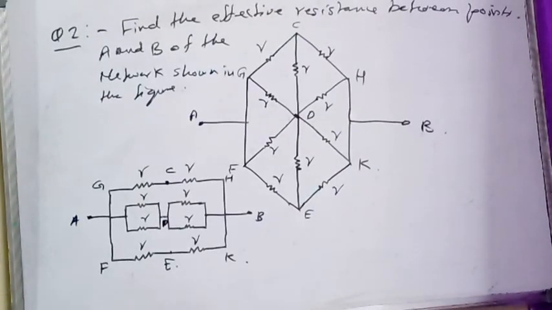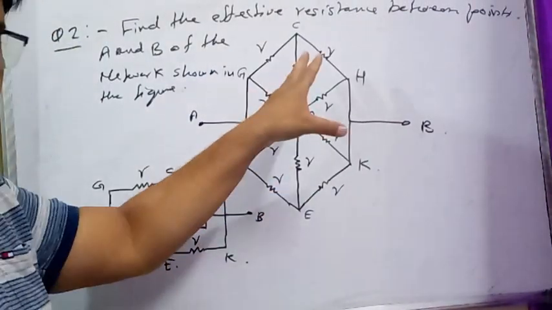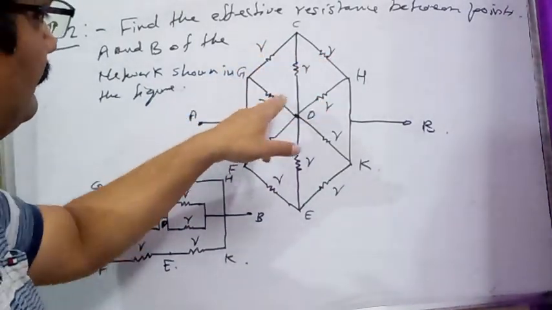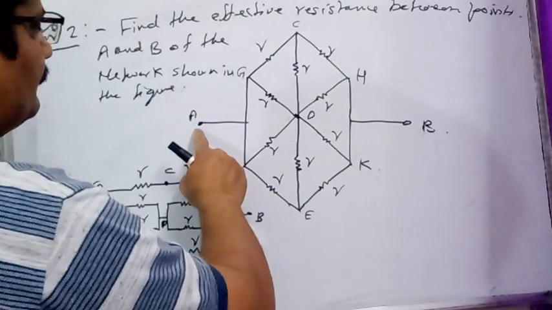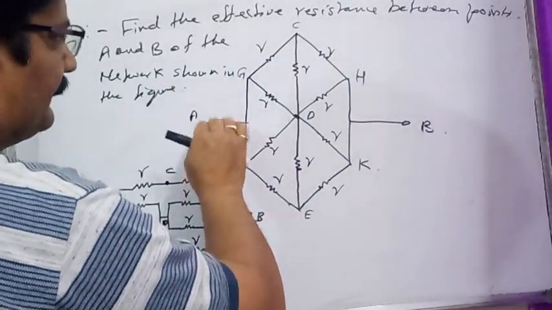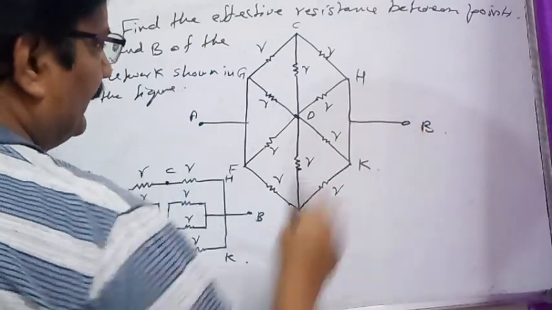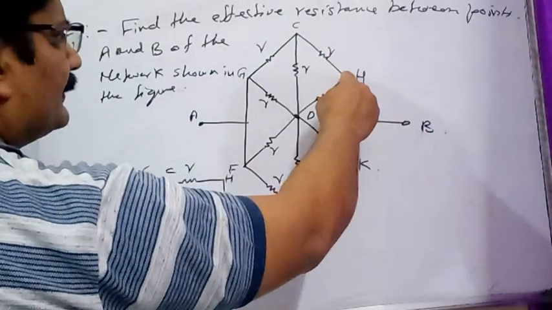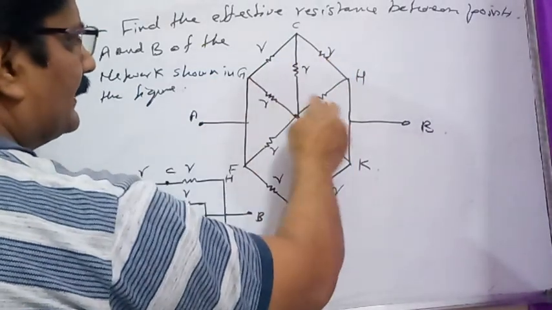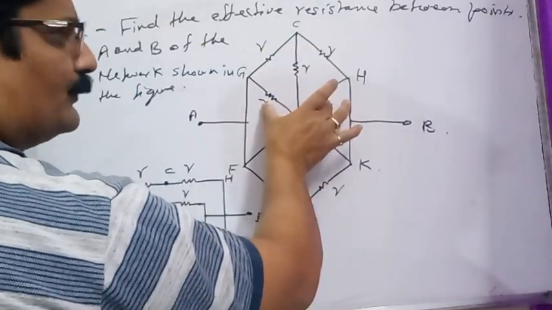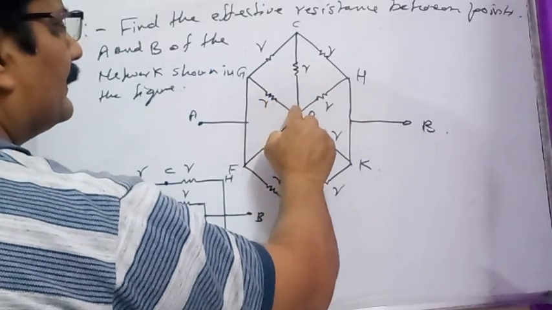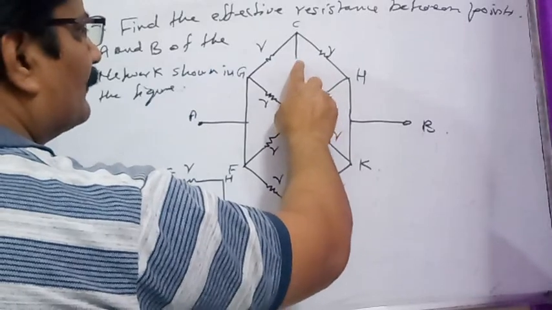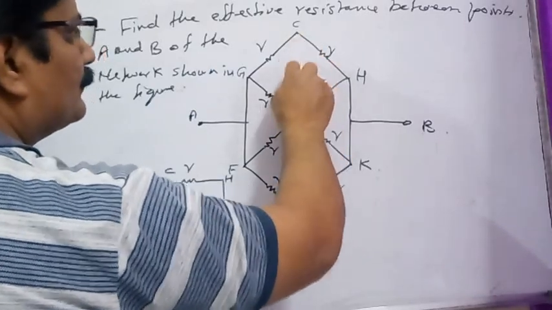You should see in this question, we have a network of resistors. The resistors are of equal value, that is R. Here we have to find the equivalent or effective resistance between points A and B. Students, by symmetry you can see this is a Wheatstone bridge. Resistances are equal, so the ratio of the upper two resistors is equal to the ratio of the lower two resistors. So the mid section of the network is eliminated as there is going to be no current flow through this resistor.